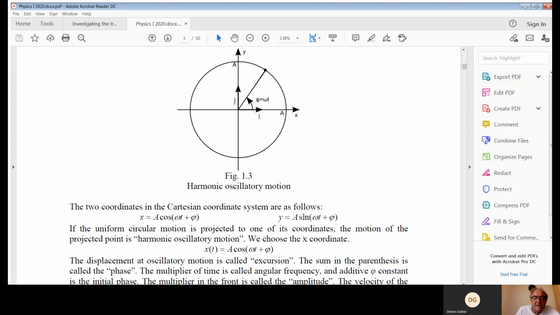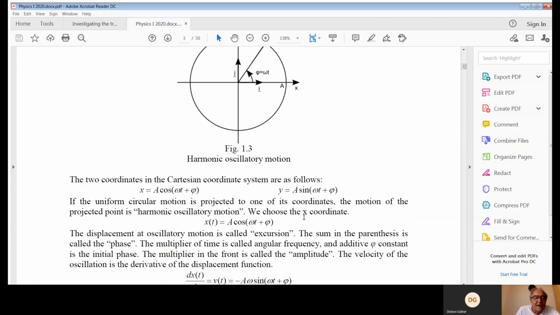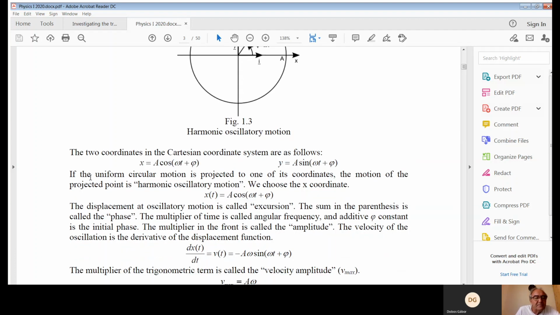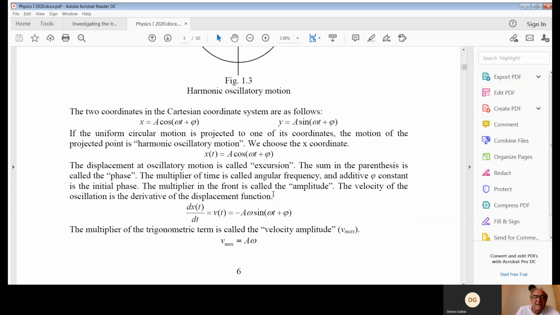So x and y will come out, and the uniform circular motion is a projected motion. Here we choose x as the cosine,